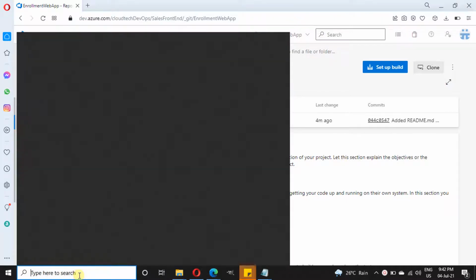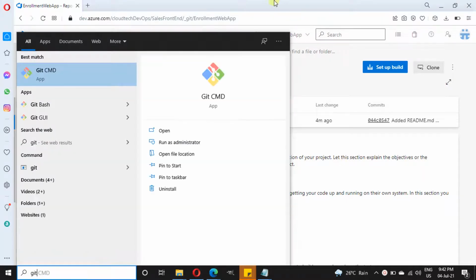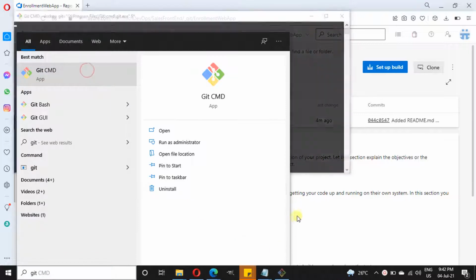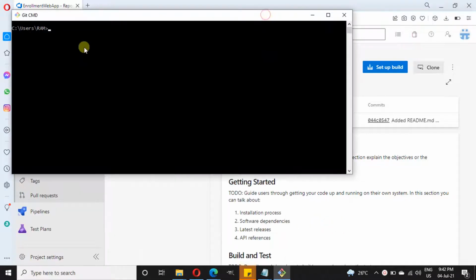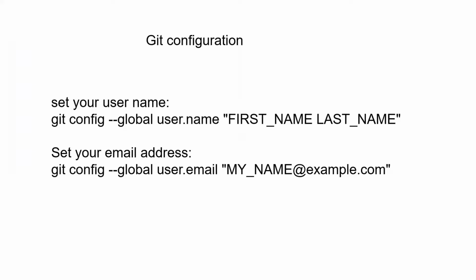Hope you have installed Git in your machine. If not, I have posted a video for the same and URL is available in the description. Please do watch them. Once Git setup is done and you have your new Git repository, then you need to set these two configurations in the Git bash. Provide the username and the email ID which is connected with your Git repository.